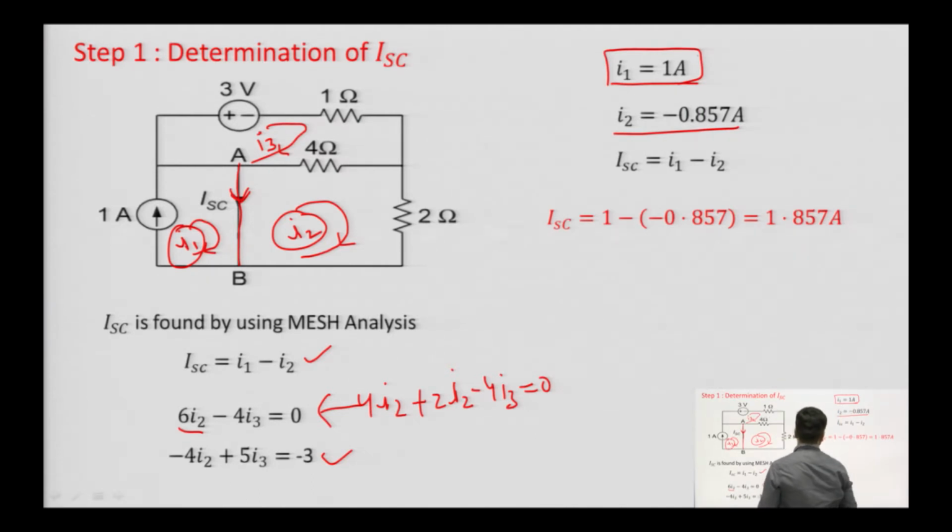I1 we have calculated as 1 ampere. So, the short circuit current will be equal to I1 minus I2, and we will get it as 1.857 ampere. This is how we find out the short circuit current. शॉर्ट सर्किट करंट निकालने के बाद we will find out